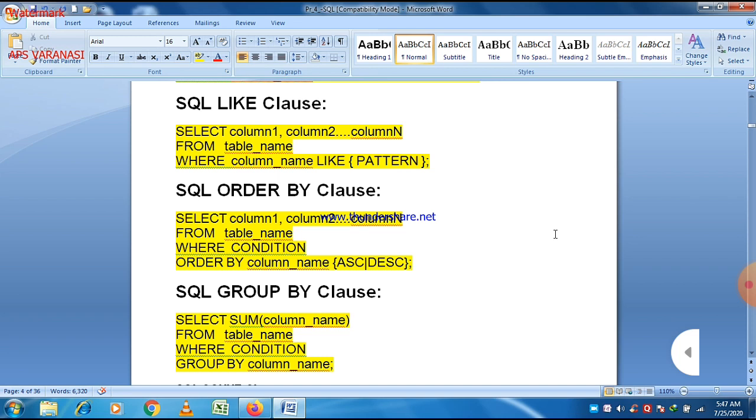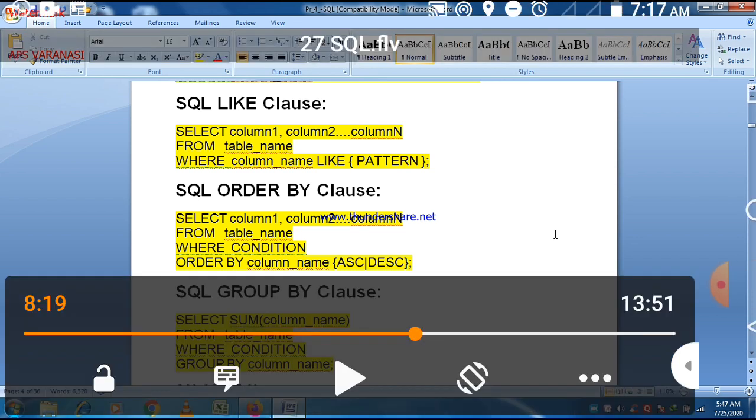Group by clause is used with the aggregate function, and different aggregate functions were already discussed in our previous lecture. When we want to make a group, we use the group by clause. So just write select and the aggregate function, then from table name, then the where condition, and then the group by clause. According to that group, the values in the column that are repeated are considered as a single unit.